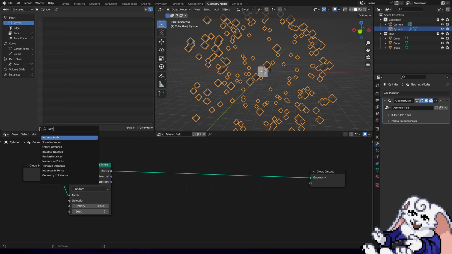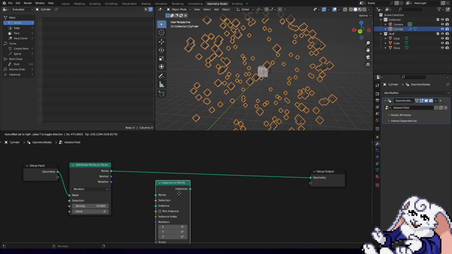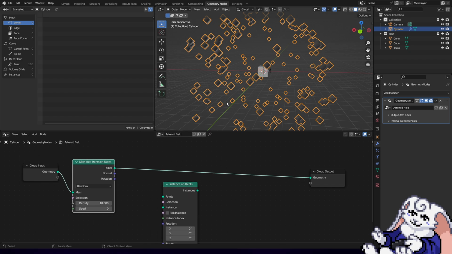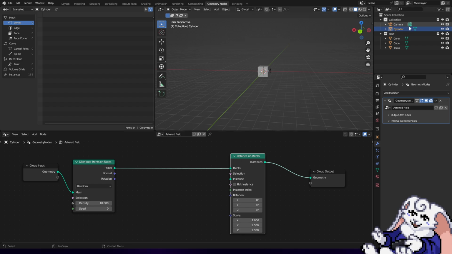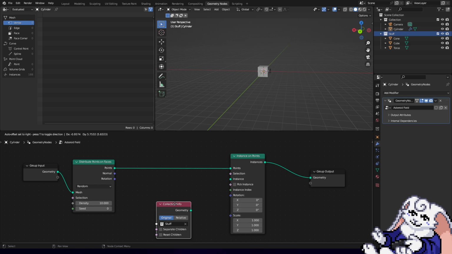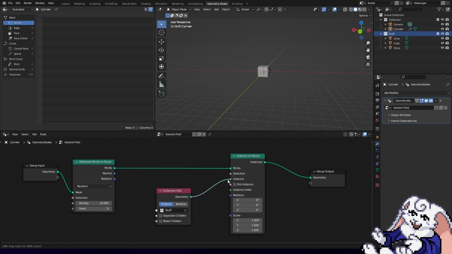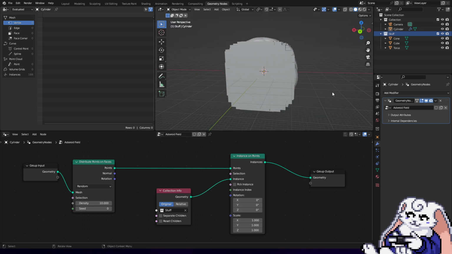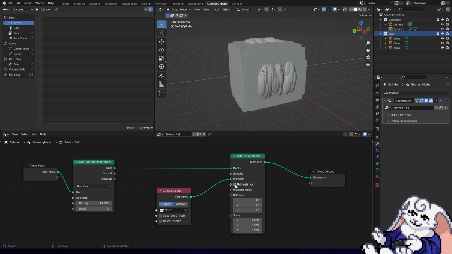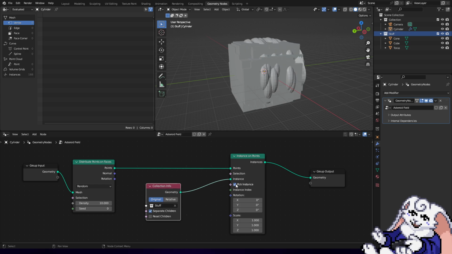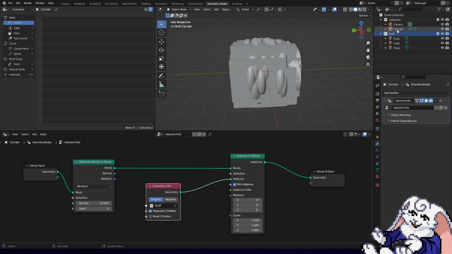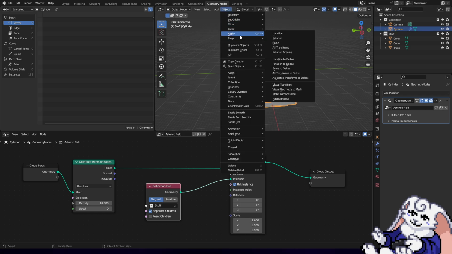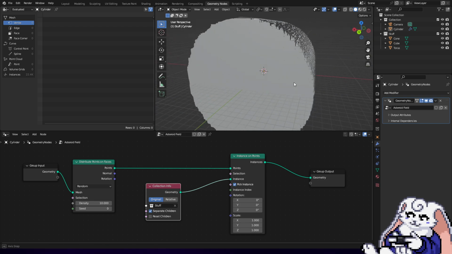So now I'm going to do instances on points, which takes these points that we've generated across the faces of our shape, and then using those points, we distribute instances. In this case, we're distributing object geometry from this. Okay, so we're gonna hit pick instances, so it's all individuals. Separate children. And you can see it's all messed up and weird, in part because I forgot to hit apply scale. Apply scale to this, and now it's tinier. Oh, that looks